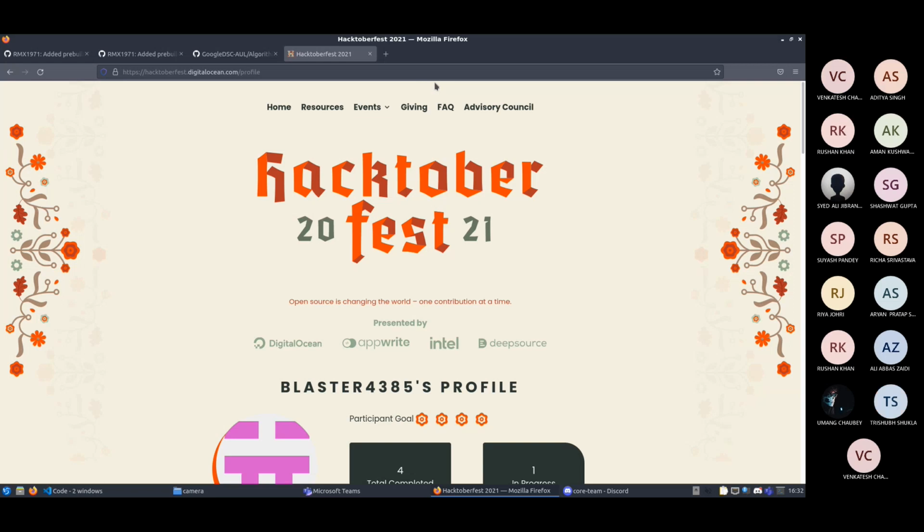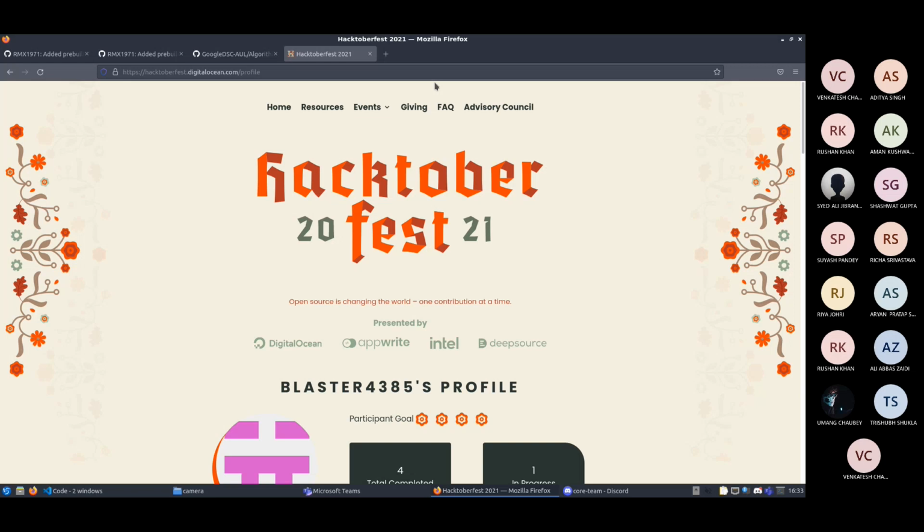Contributing to open source. It happens every year and it is powered by some of the biggest companies like DigitalOcean, Intel, DeepSource, etc. It is a huge event, and just keep in mind that only the first 55,000 successful contributions are given the prizes, but don't let that discourage you and keep contributing to open source, because open source is the way forward. Contributing to open source will also help you create a diverse and great portfolio, and it will help you in your interviews in the future.